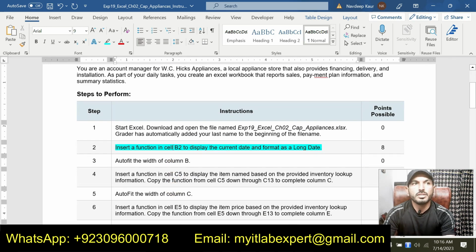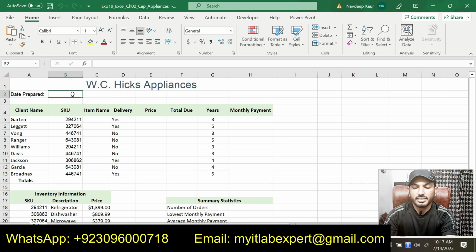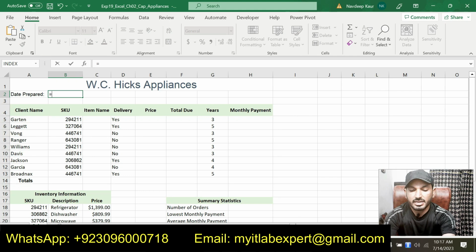Step number 2 is insert a function in cell B2 to display the current date and format as long date. So we are supposed to show the current date in cell B2. So this is cell B2 and we are supposed to show the current date here. So we will use a function here, type equal sign and type TODAY. So you will get the TODAY function here.